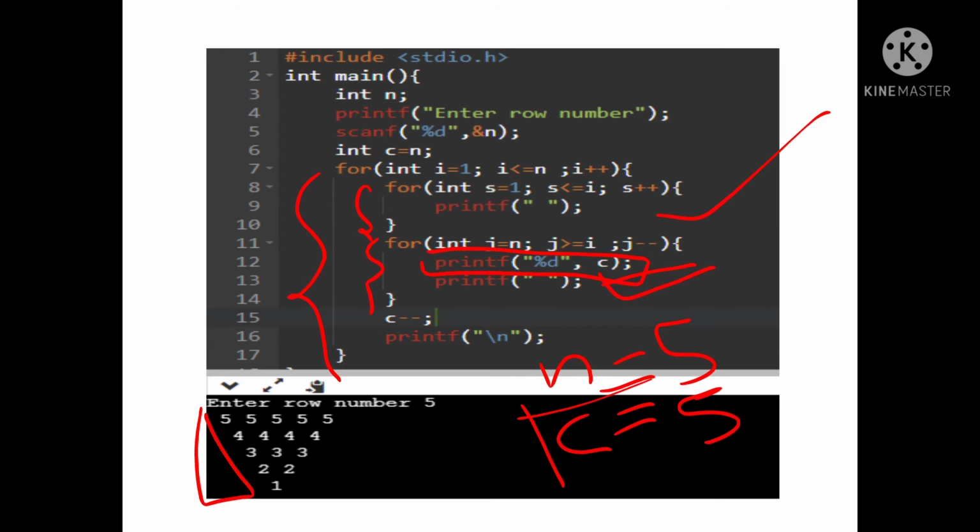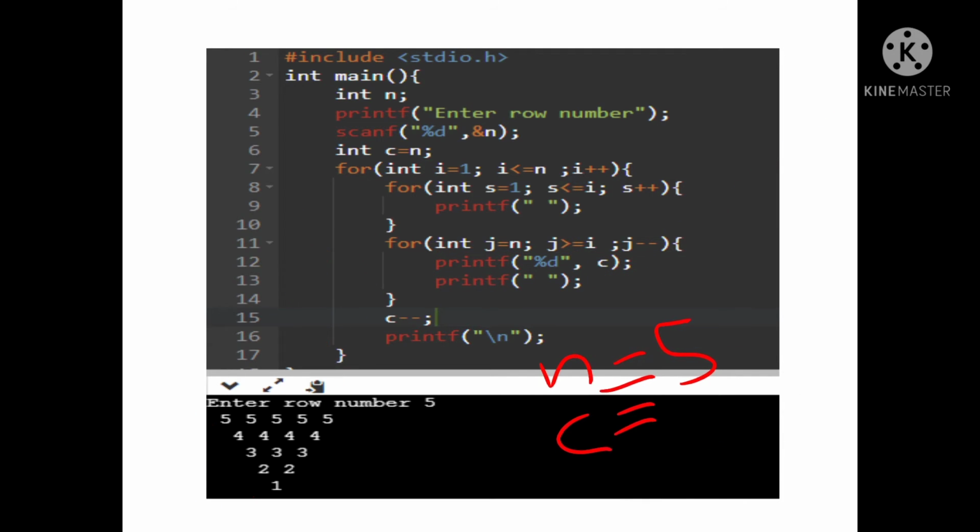In the first row we want the number 5, five times, so we just print the value of c here. We are not making any changes to the value of c, so it will print the same value.